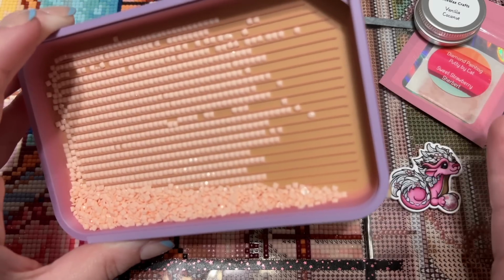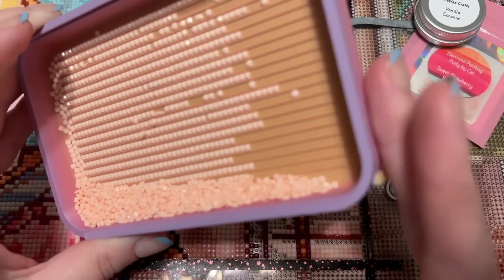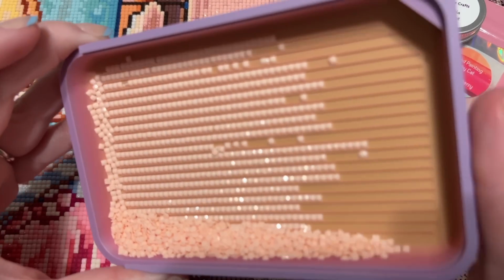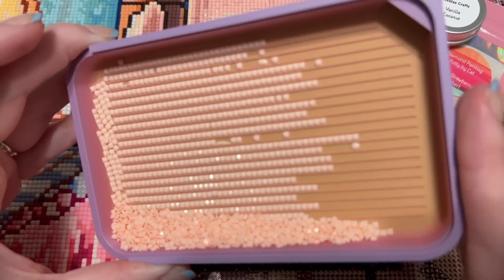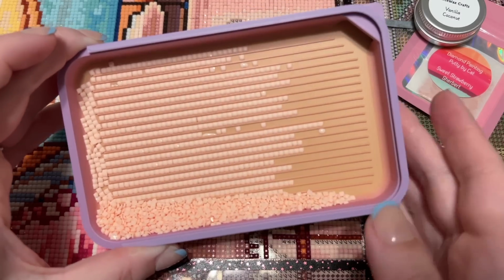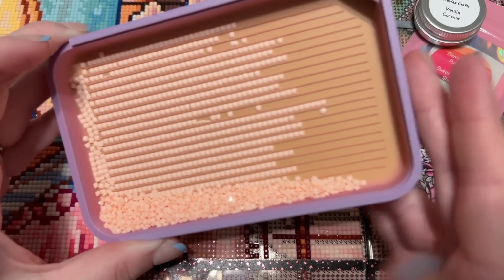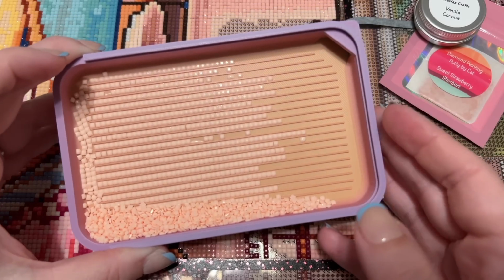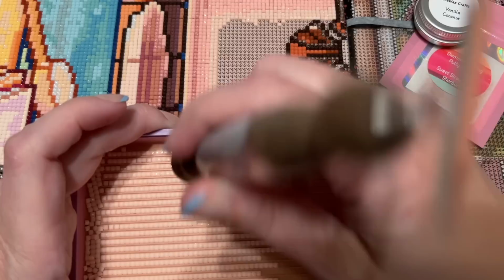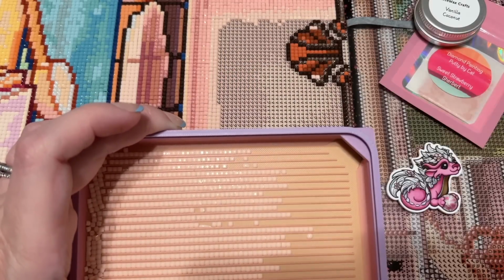This is not a good example because I poured so many diamonds in to help line up the diamonds for me to multi-place. But what I'm noticing, and it is kind of happening here, is that diamonds are going off the end and falling down, then continuing to go over and off the end and falling down. But when there's a lot in here like this, it stopped them. So maybe not the best example, but that's the one thing